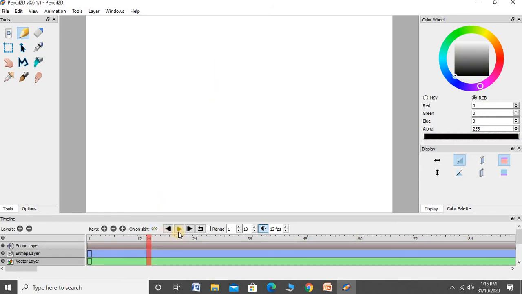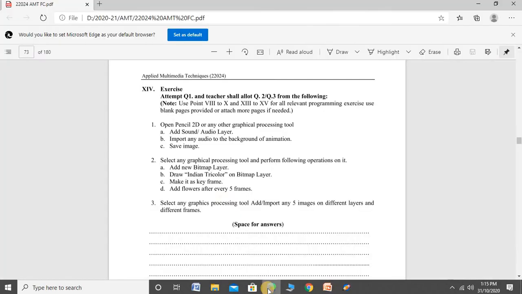This way you add the sound. You can add any animation and then give the sound for that animation. In short, the first question is how to add the sound layer.